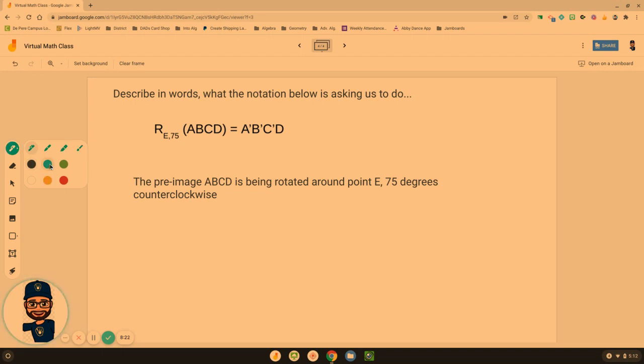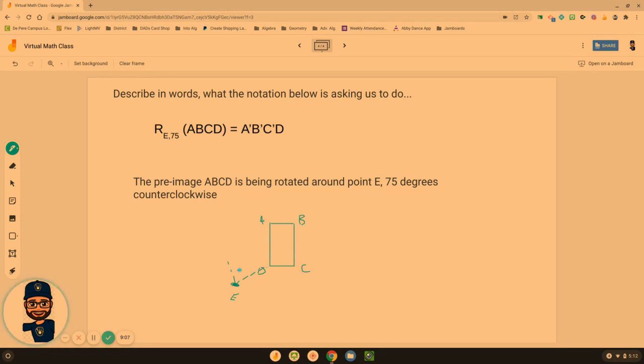Now, here's what that might look like, okay? This is not going to be the best example because, again, I don't have all of the drawing tools that I would need to make it fully accurate, but let's just start with this triangle and say this is A, this is B, this is C, and this is point D on our rectangle. Down here might be my point E. All right, so everything has to get rotated. If I drew this imaginary line to point D, and I drew another one over here,